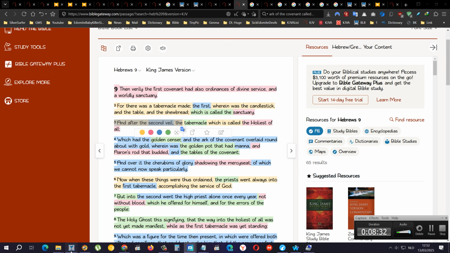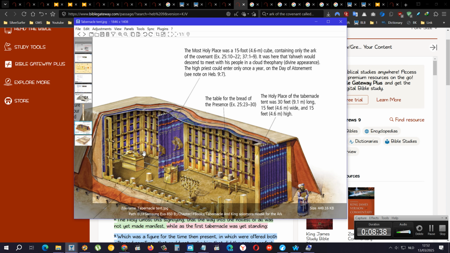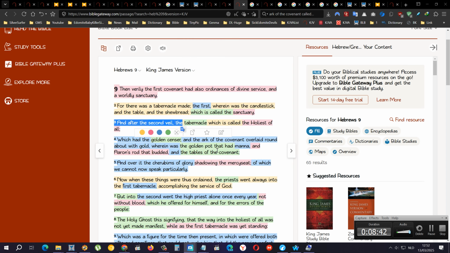And the second veil, this one is the first veil, and this one is the second veil. And after the second veil, you will have the Ark of the Testimony, the Ark of the Covenant. The tabernacle, which is called the holiest of all. So that's the holiest of holies, which had the golden censer, and the Ark of the Covenant overlaid round about